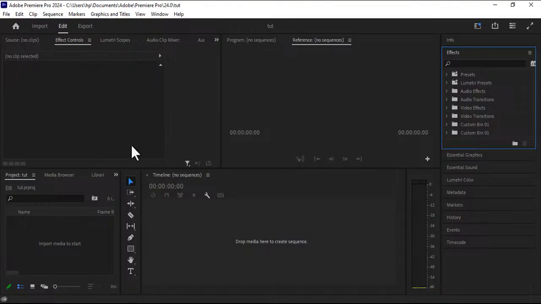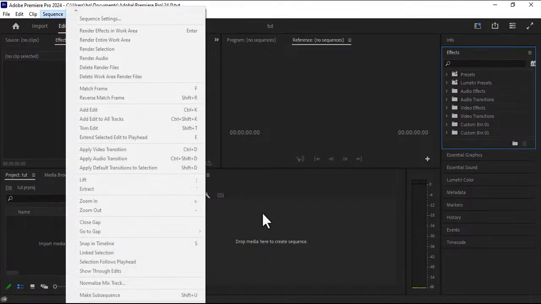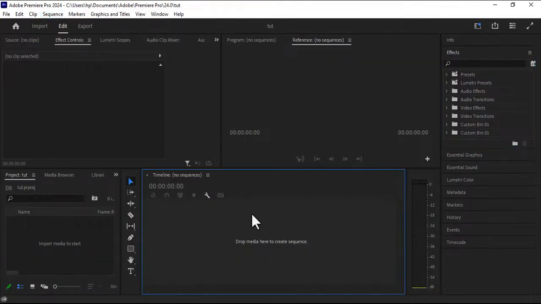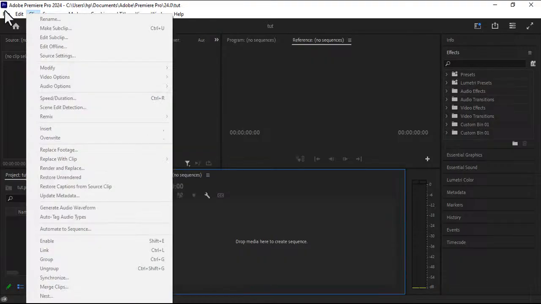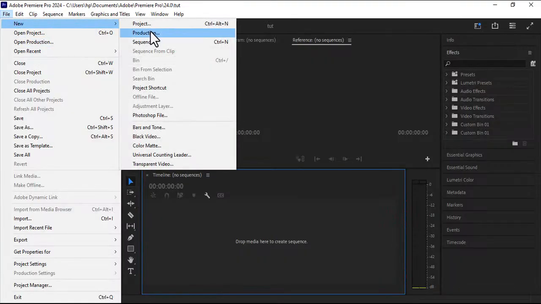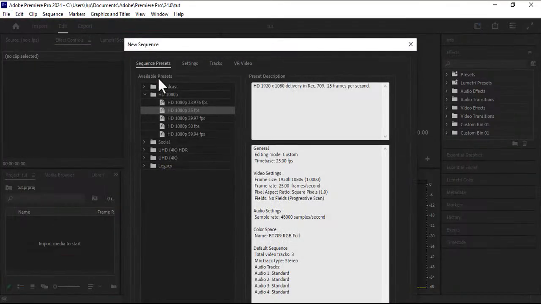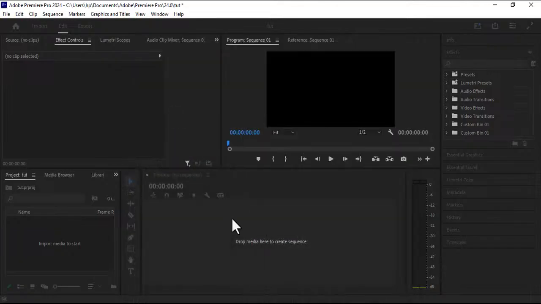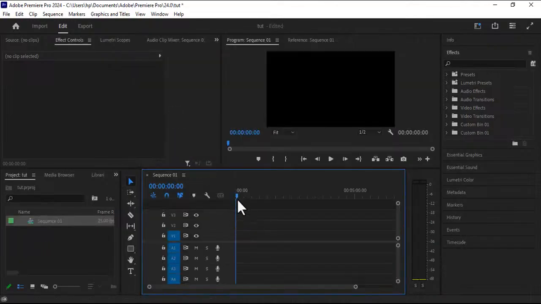Then we also have the sequence. Within this timeline, you can have sequence 1, 2, 3, 4, 5. You can have as many sequences as possible within this place. So if you want to create a new sequence, you just click on file, then go to new, and then you see sequence. So you can create another sequence. You can name the sequence, and then you can also choose the resolution of the sequence,